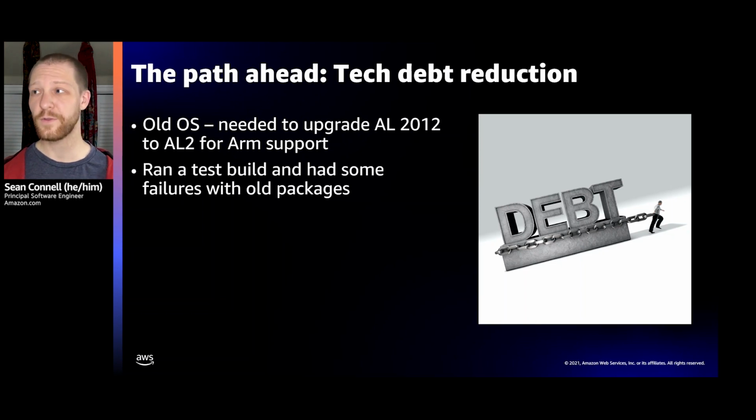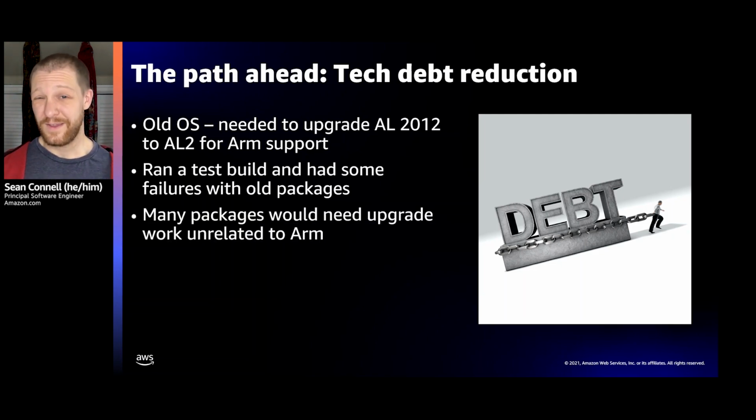So I ran a test build, and we got a lot of failures. It wasn't going to be easy, and we were going to have to go through and upgrade a lot of things. Like I said, they weren't really ARM specific. It was mostly just technical debt and hygiene things, which if you've run a service in production for a long time, you've probably had to make trades that you weren't completely happy with for technical debt reasons, but got the job done. But now the job was to fix all those to get to Graviton. So we were going to have to clean up a lot of old shortcuts.